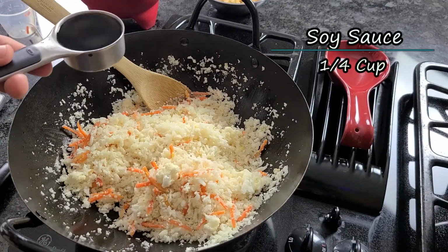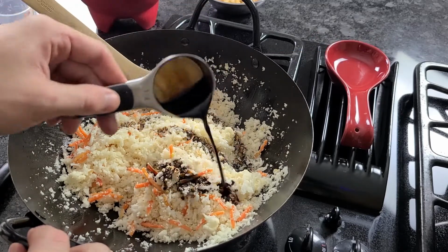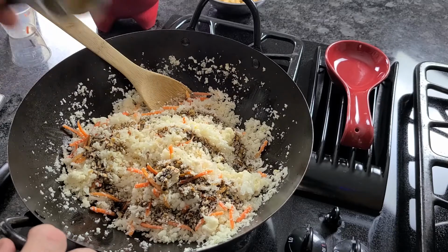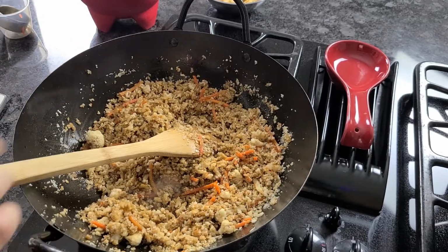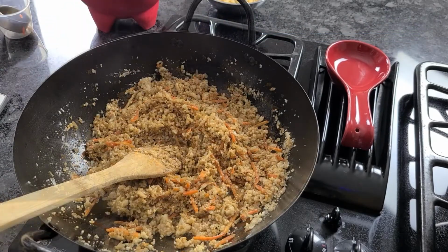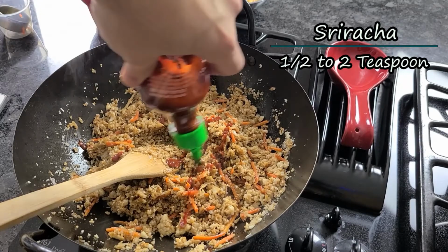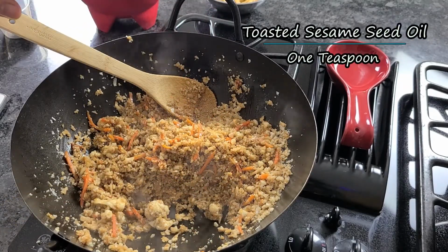I'm going to go ahead and throw in a 1/4 cup of soy sauce. As always, add less than you think you need. Add more to adjust to taste. You cannot do it the other way around. If you happen to have any, go ahead and add a couple dashes of fish sauce, a little squirt of Sriracha, about a teaspoon of toasted sesame seed oil,